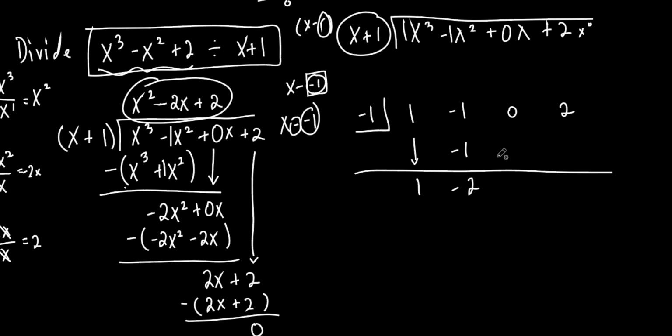Let's repeat the process. That's basically it right there, what I just did. You just got to keep doing it as long as your numbers go out. So now let's do the same thing. What am I multiplying? Negative 1 times negative 2, right? Negative 1 times negative 2, which is